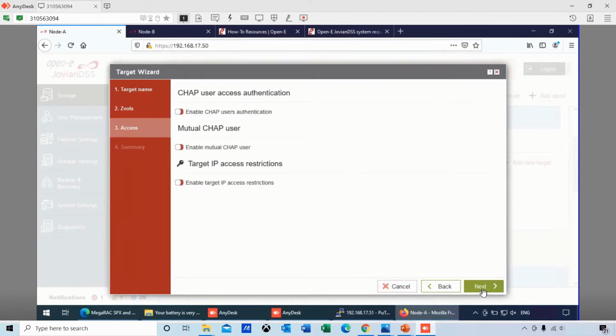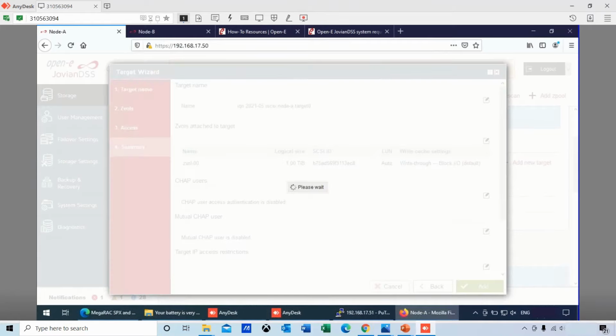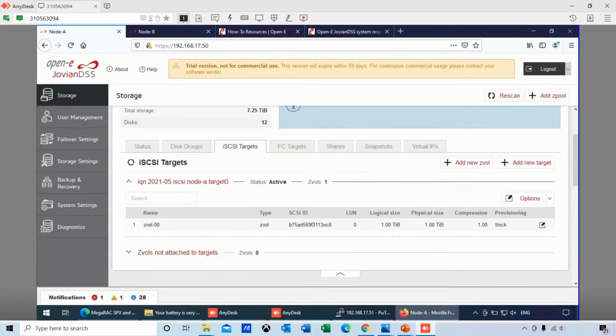There are deeper functions that you can talk about. We can do that at a later time, where we could talk about using the write back caching capabilities, enabling CHAP or IP address restrictions. But right now we just did an overview of it to show how quick and easy it is to make the Z pools, adding capacity to the Z pool, and creating the target within literally a minute and a half, 2 minutes.